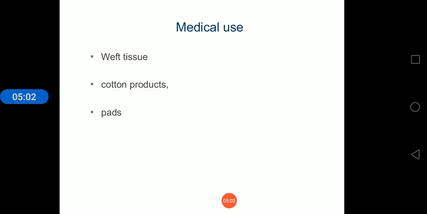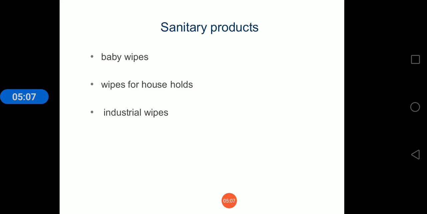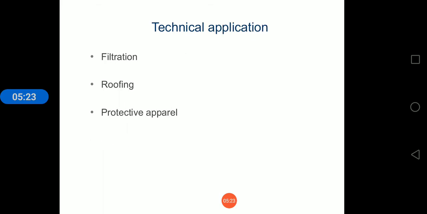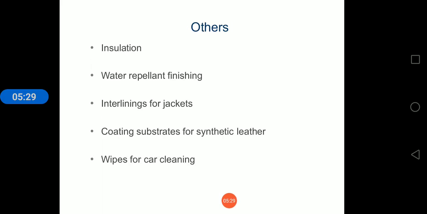Medical uses also include tissue, cotton products and pads, sanitary products, baby wipes, wipes for households, industrial wipes, home furnishing, consumer promotion wipes, tablecloths, napkins and curtains, technical applications, filtrations, roofing, protective apparel, insulations, water repellent finishing, interlining